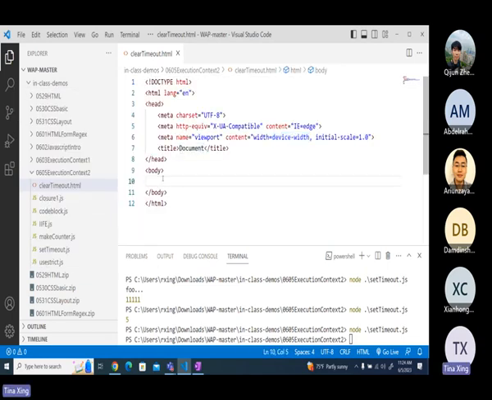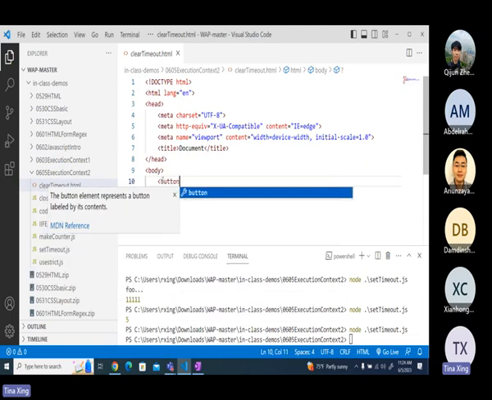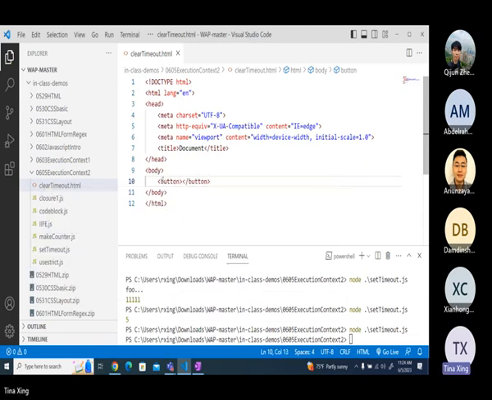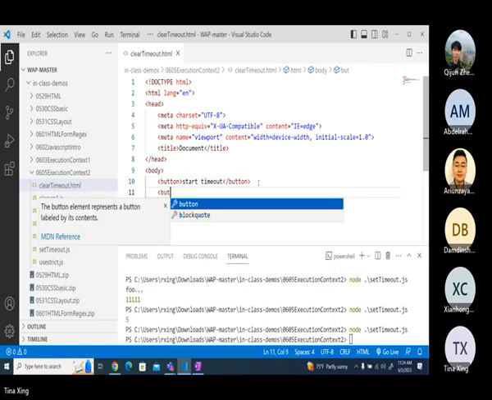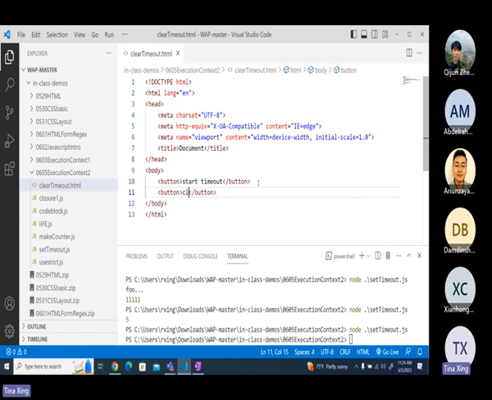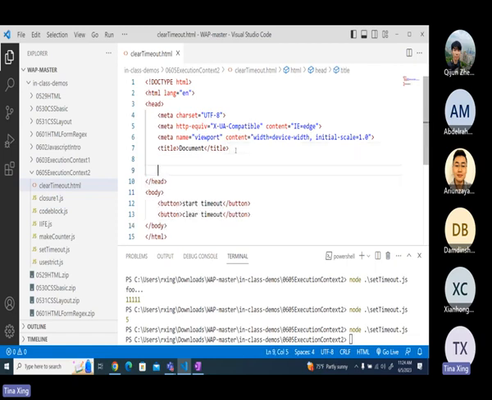I'm going to have two buttons, okay. Clear timeout. If you don't know the code, it's fine. We'll introduce it in the future, okay? Here, I have to show you clear timeout. It's better to use a click button, nothing shows otherwise, okay? It's better, okay? So what's going to happen is